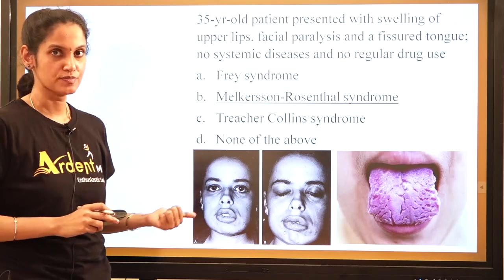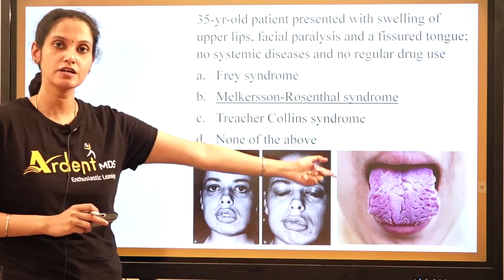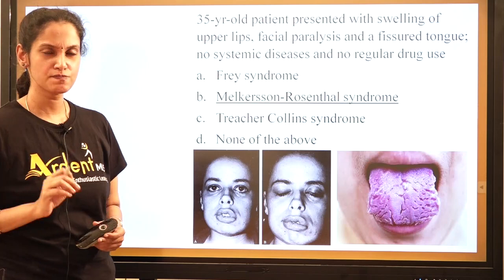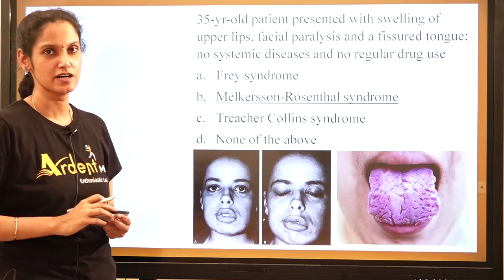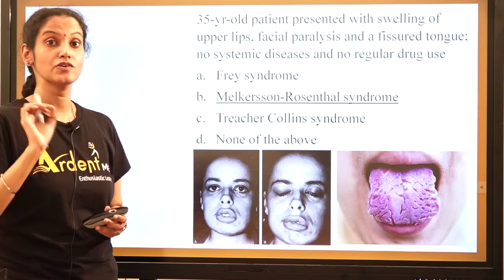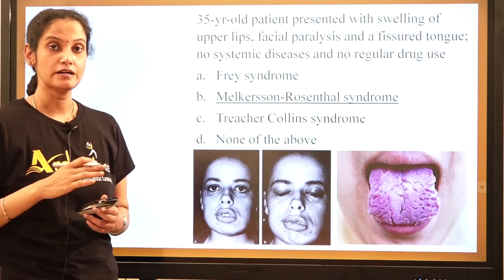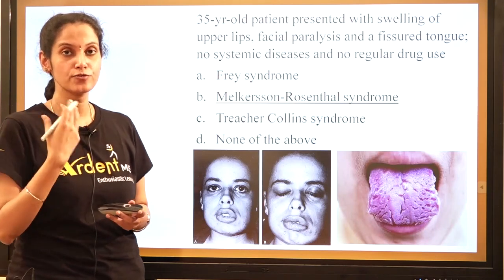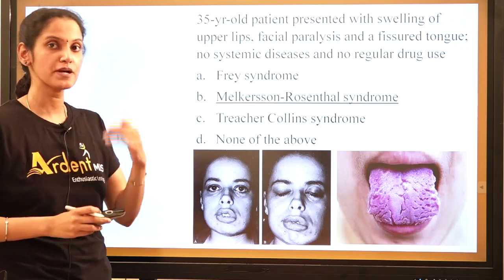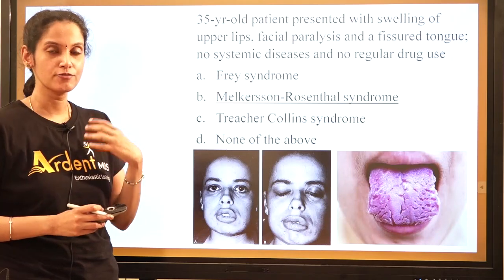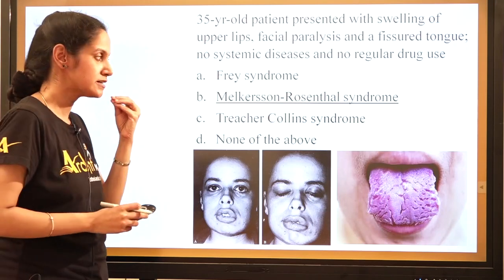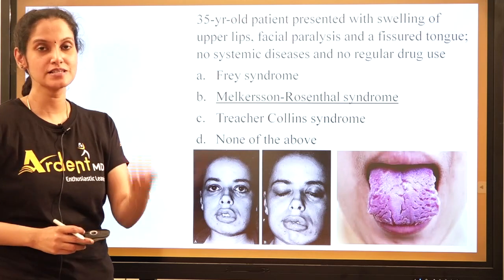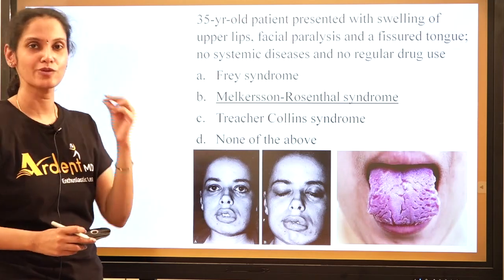Cheilitis granulomatosa of Miescher, facial paralysis, and fissured tongue, otherwise called scrotal tongue. Cheilitis granulomatosa is a non-specific, non-tender inflammatory condition. It's a diagnosis of exclusion. You have to exclude all other conditions which could cause enlargement of the face and the orofacial region structures, and then still if the patient has swelling of the orofacial tissues, especially the lips, you call it a component of orofacial granulomatosis, cheilitis granulomatosa of Miescher, involving the lip alone.